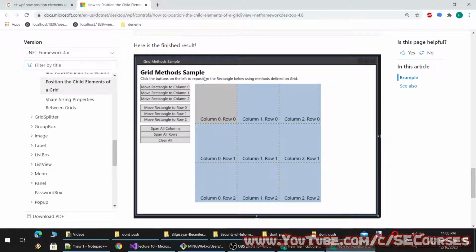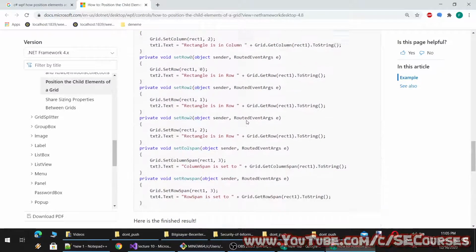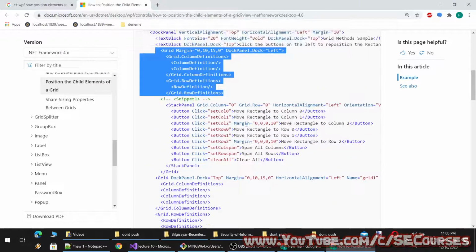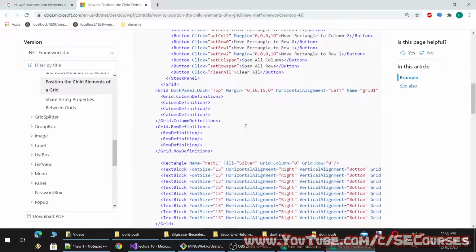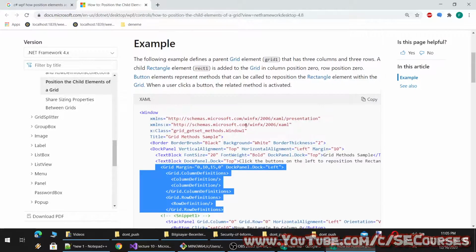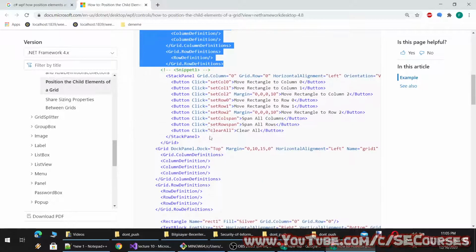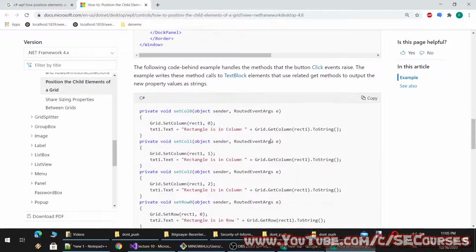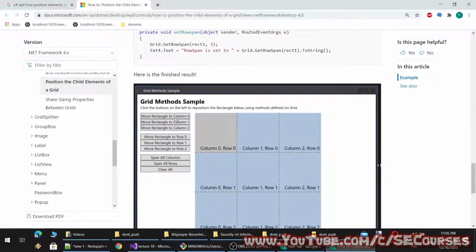So this is the grid method sample. So there is column 0, row 0, column 1, row 0. Anyway, how it is defined as 3 columns and 3 rows. Oh, that's rectangle.